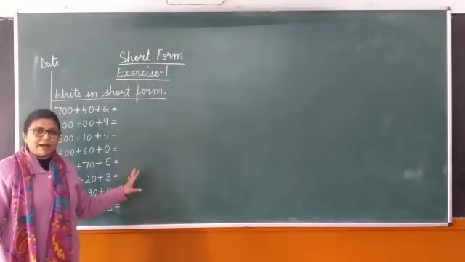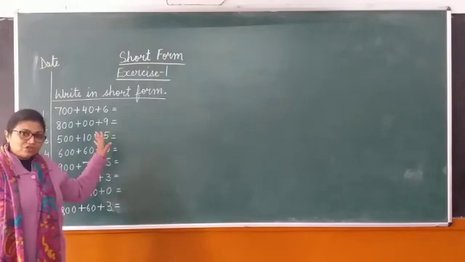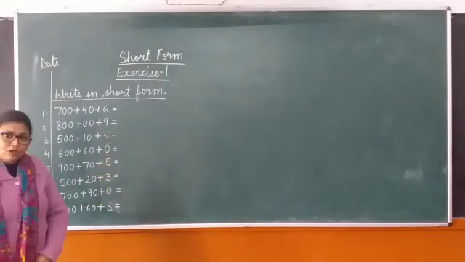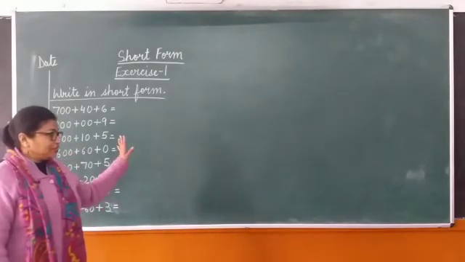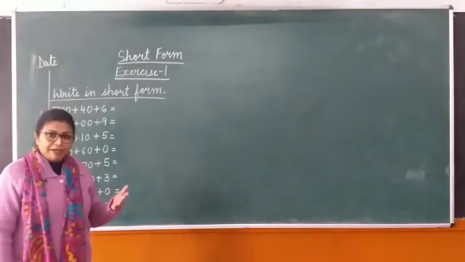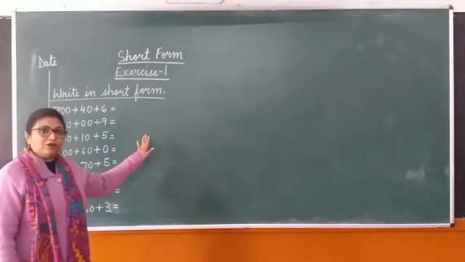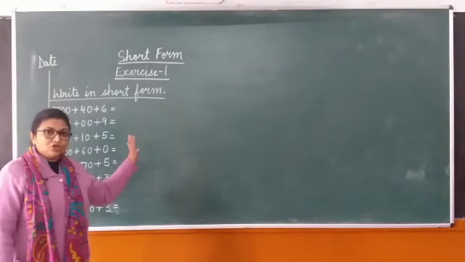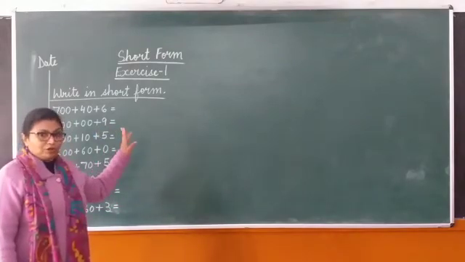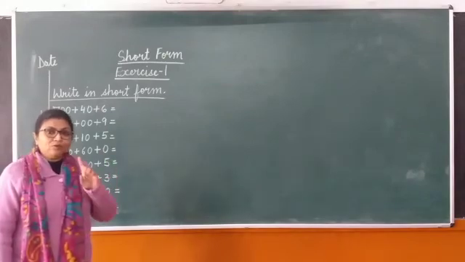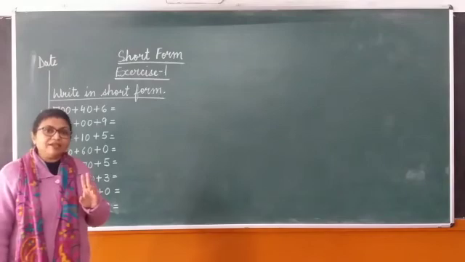How you did your expanded form, the same way you will do your short form also. So this is just a revision ma'am has given you, because ma'am has taught you this topic before in half yearly also. But just for a reminder for you to refresh with the topic, ma'am has revised this again with you and taught you expanded and short form again. So do your work very neatly in your maths copies, and don't forget to leave a line and write one digit in one box. Don't write 2 digits in one box, it looks very untidy.